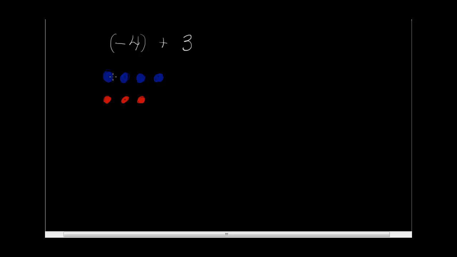Because of the zero principle, 3 of those blue counters and red counters are going to cancel each other out. 3 zero pairs are going to cancel each other out. We're left with 0. And then afterwards, whatever's left over that doesn't get canceled out, in this case, the 1 blue counter, is our answer. Therefore, -1 is the answer